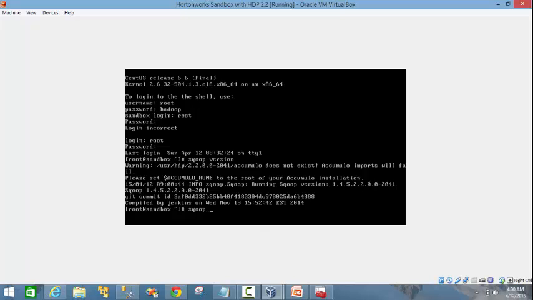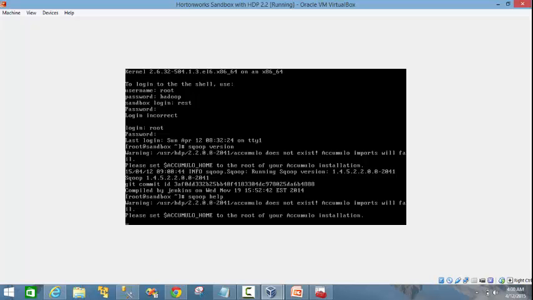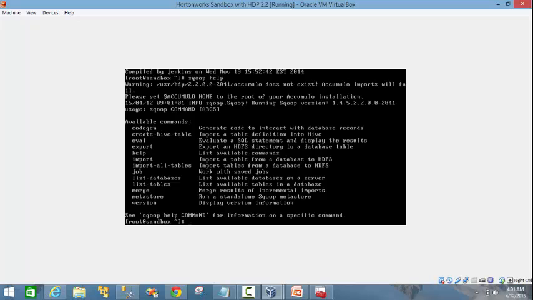Also, you could use the command sqoop help to list a set of commonly used Sqoop commands and what each of those commands mean and what they can do. You could use the sqoop help command to see a list of commonly used commands. Once we do that, we want to check whether we are able to connect to the SQL Server through